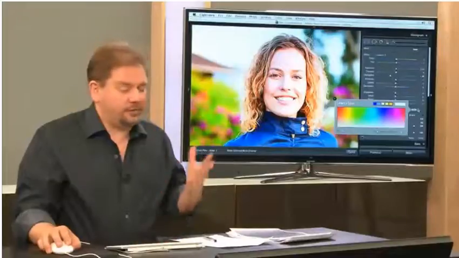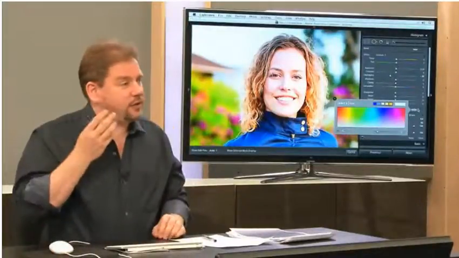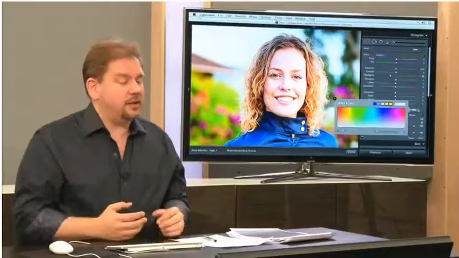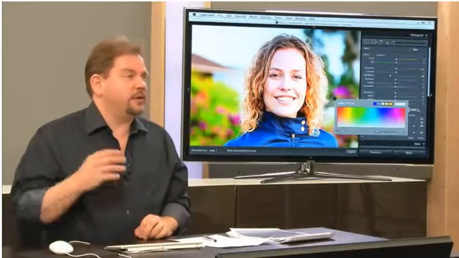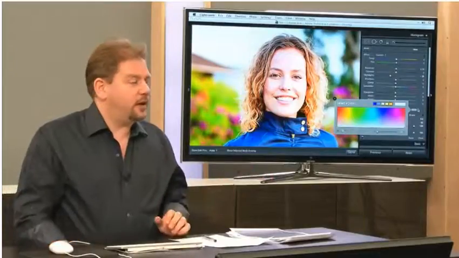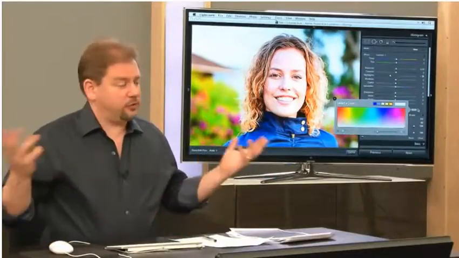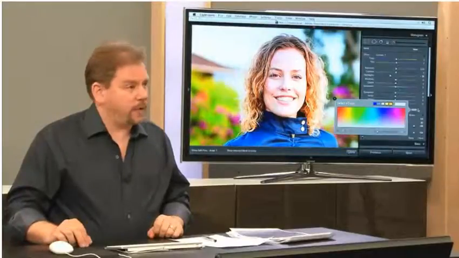If you have red cheeks, you want more of a cyanish or bluish that you're putting in. It's not that you want the image to look cyan or blue. It's that blue absorbs its opposite. So blue actually absorbs yellow. Cyan is going to absorb red. So